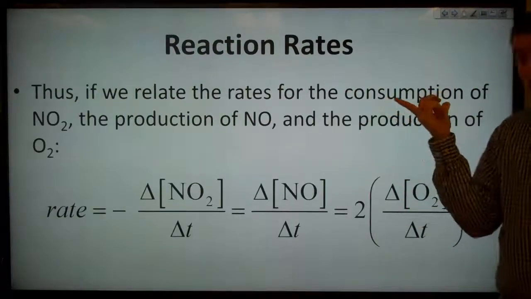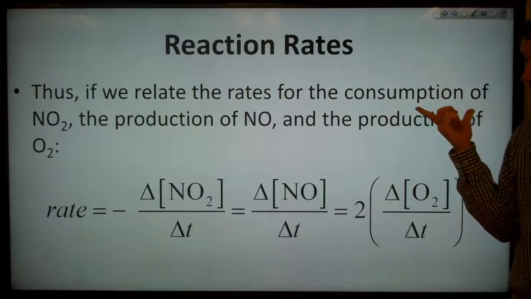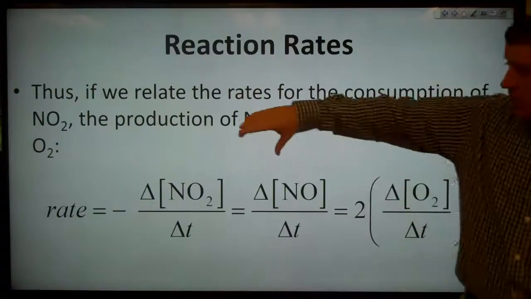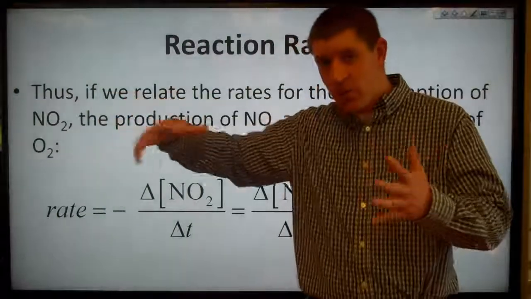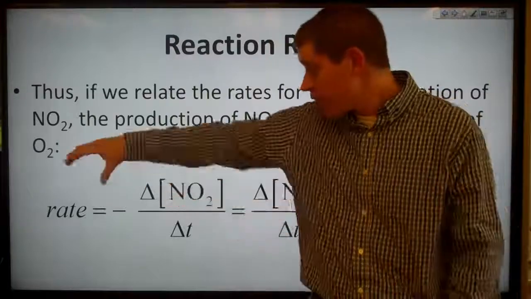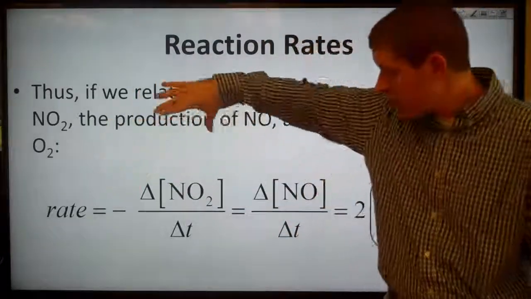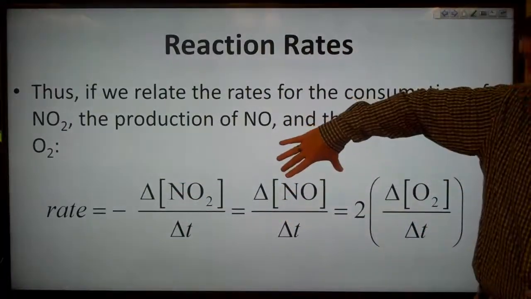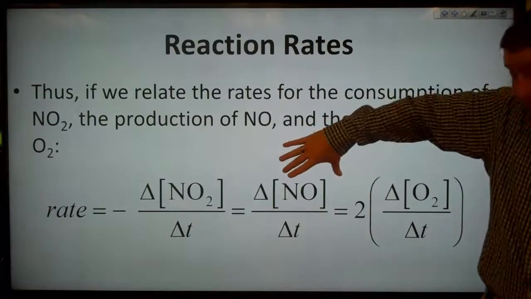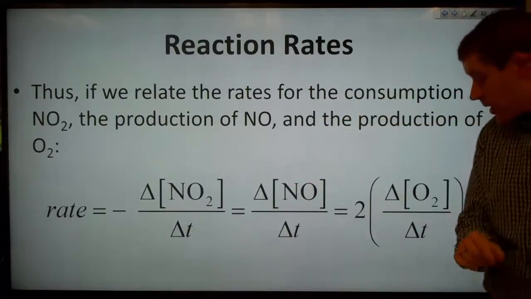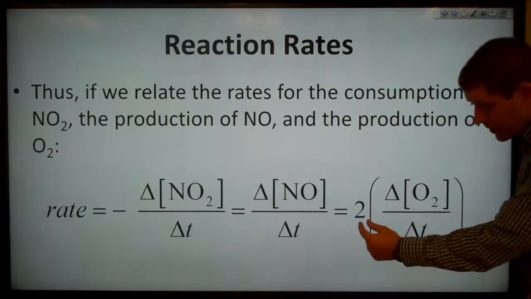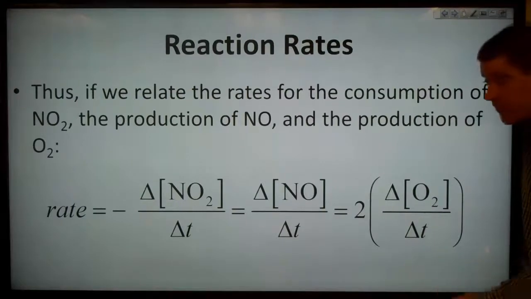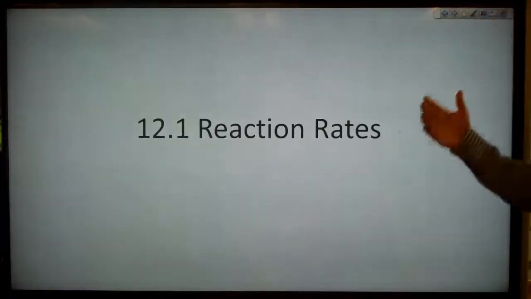If we now relate our rates for the consumption of NO2, the production of NO, and the production of O2, then because the rate of reaction has to be the same, we can say the rate is equal to negative change in NO2 concentration divided by change in time, which is equal to the change in NO concentration divided by change in time, and that's equal to twice the change in oxygen concentration divided by time. So that was reaction